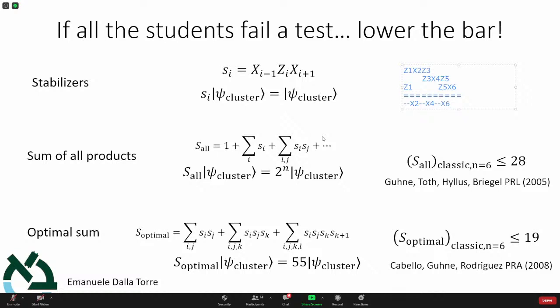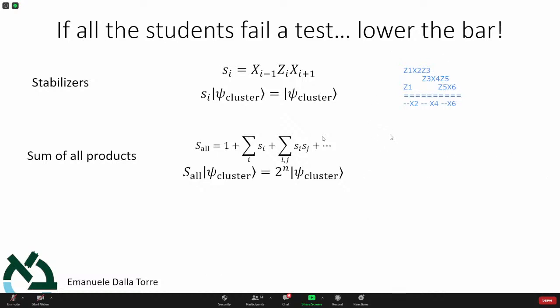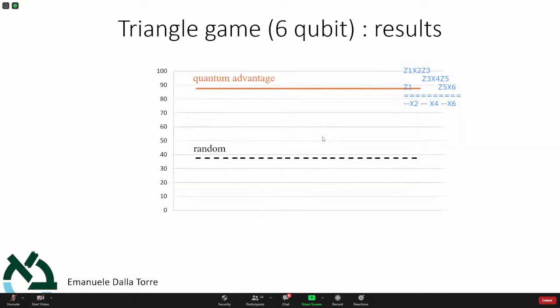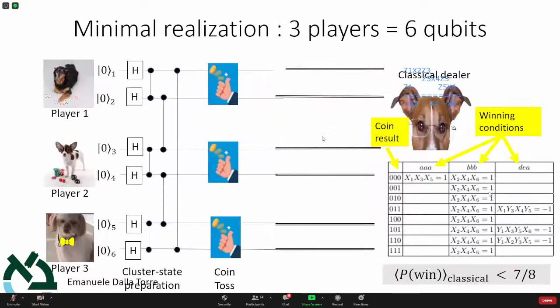So what I have shown you here is that the product of 3 stabilizers allows me to satisfy the rule. Let's come back to the rules that we had. How do we do this? Okay, good. I come back to the rules. Where are the rules? Yes, here are the rules. Remember, there was a rule that X2, X4, X6 should be 1. And here we go. You see, the product of the stabilizers exactly allows me to satisfy it. So in fact, what was done was the opposite, the other way around.